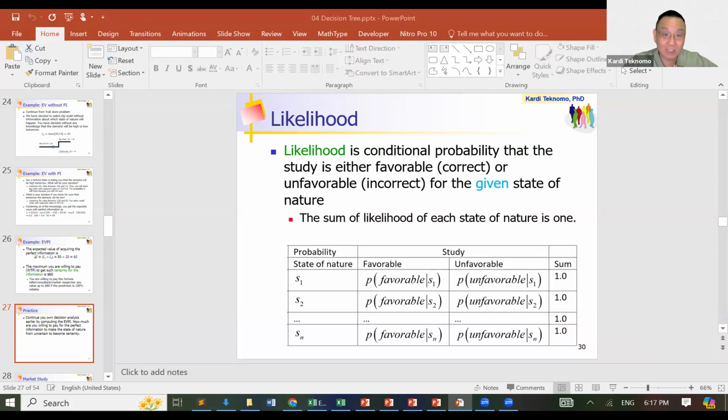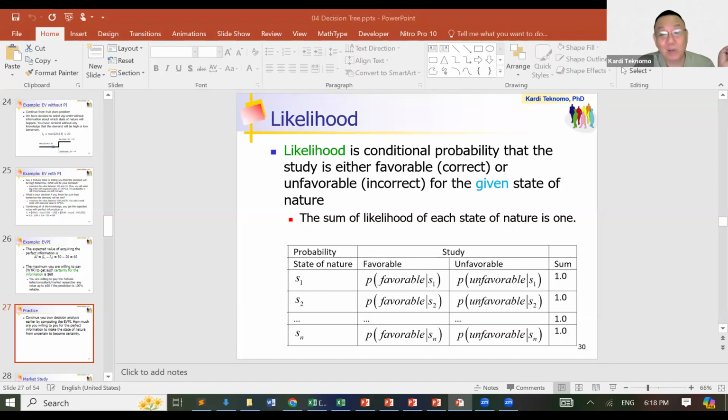Now, when we said likelihood, likelihood is the conditional probability that the study can be either favorable or unfavorable. Favorable means correct, unfavorable means incorrect, right? So look at this. The sum of the likelihood for each state of nature is also 1. Remember, a while ago the state of nature was in the column, so now I put it in the row. Okay, now for each state of nature,